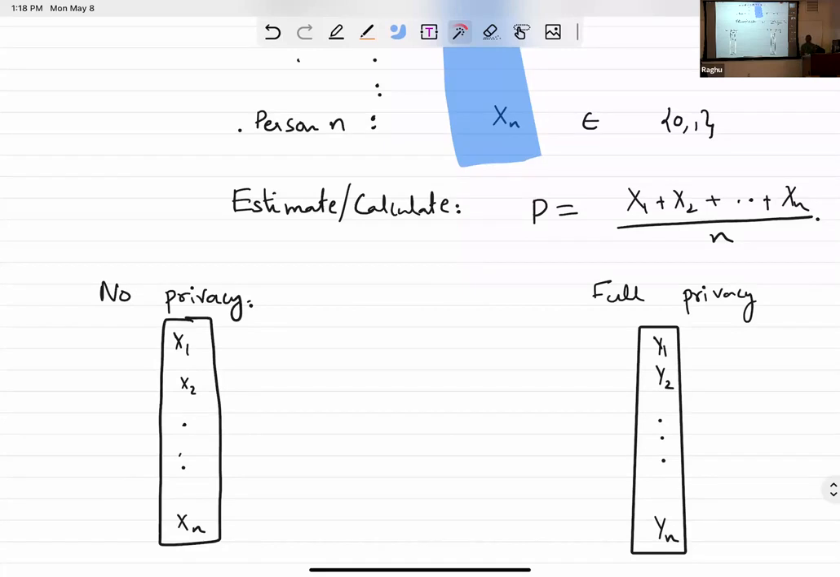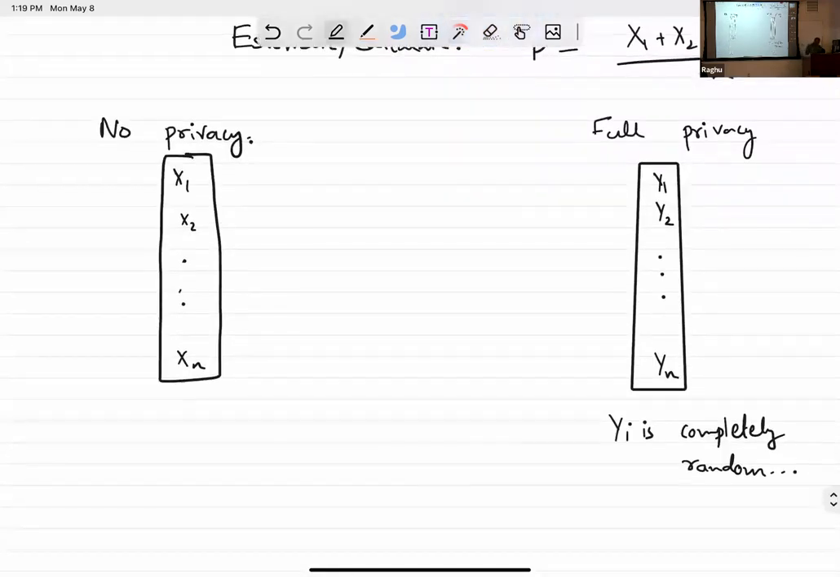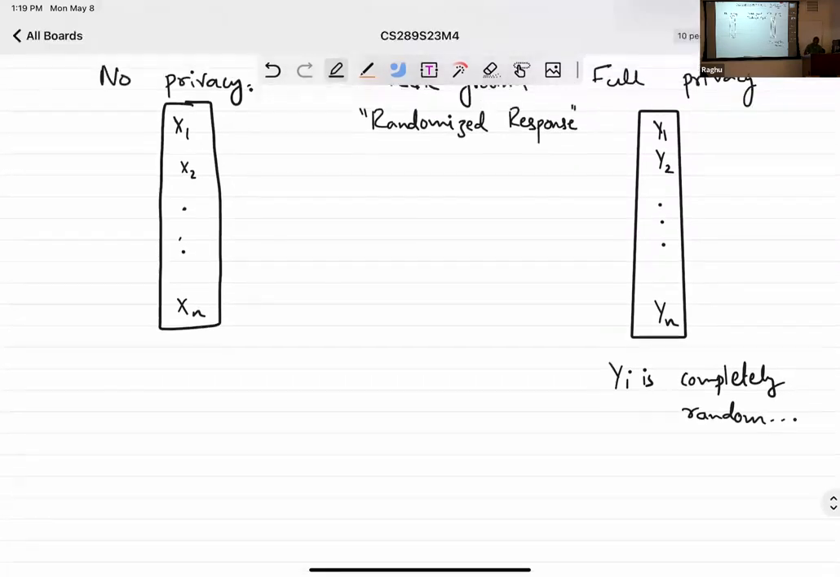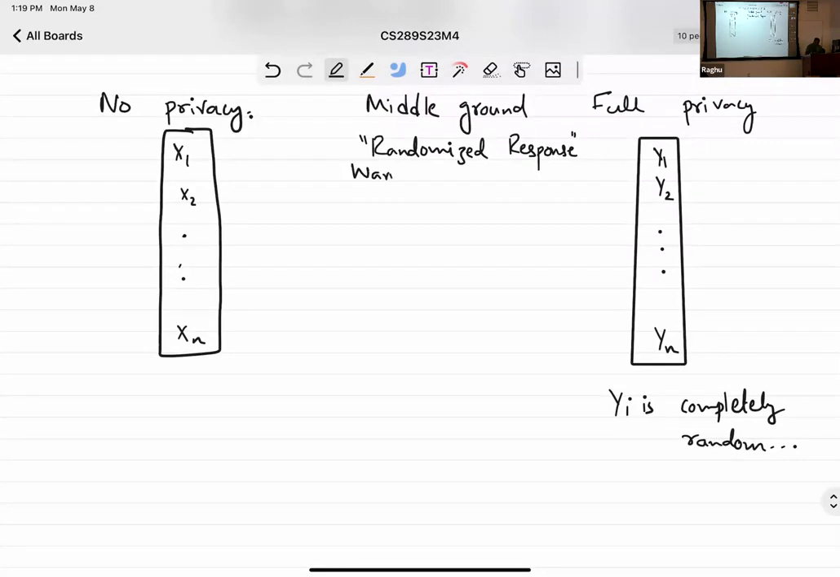Okay. So at least in the context of surveys, people have been studying it back from the 60s itself, and there's a middle ground between these two, which is called randomized response. And this is due to Warner in 1965, who introduced this nice model and said,